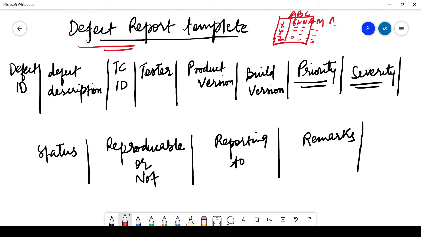जैसे अब ब्लड ग्रुप हो गया, सपोज़ कि ब्लड ग्रुप को हमने ऑप्शनल रख दिया है, लेकिन ये सारी फील्ड मैंडेटरी हैं, ये हमें बताना ही पड़ेगा। तो सेम चीज़ डिफेक्ट रिपोर्ट टेम्पलेट में होता है कि अगर हम एक डिफेक्ट रेज कर रहे हैं तो कुछ चीज़ें बहुत इंपॉर्टेंट होती हैं, हमें वो मेंशन करना ही पड़ेगा, उसके बिना हम